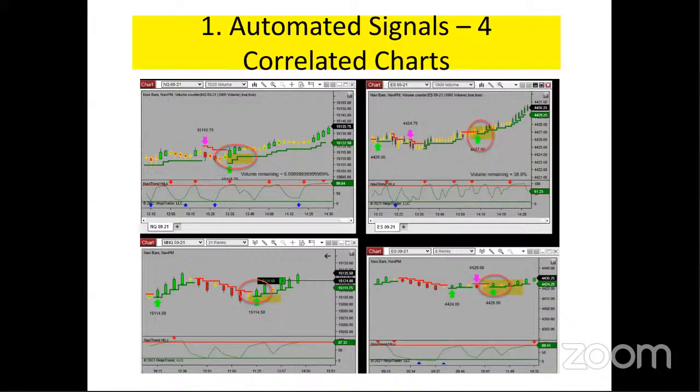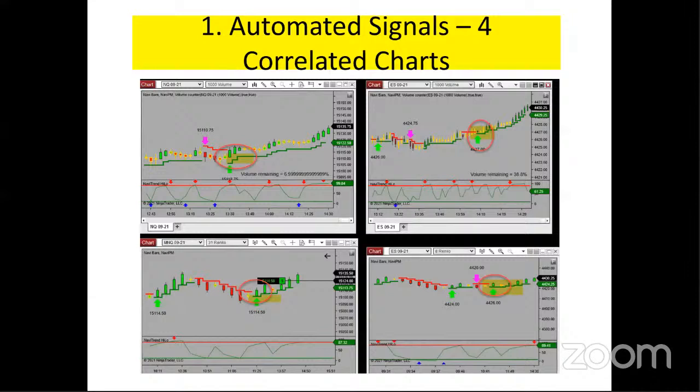All right, so we're going to talk about what I would consider right now one of the very best trade setups based on our charts. The top 2 charts are volume charts. We've got a NASDAQ 1000 volume and an E-mini 1000 volume. Below that, I've got Renko charts. Now these Renko charts are our own proprietary Renko charts. If you bring up a Renko chart in NinjaTrader, you're not going to see these exact charts. So these charts are unique. You can see the green arrows are put there automatically. It's not something we put in after the fact.